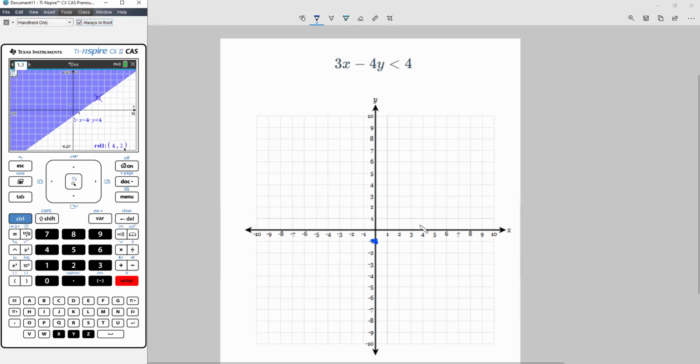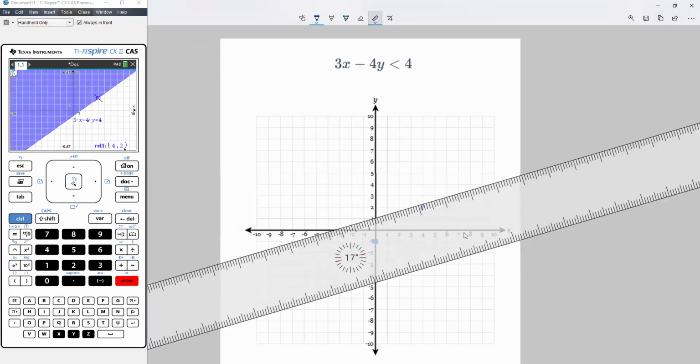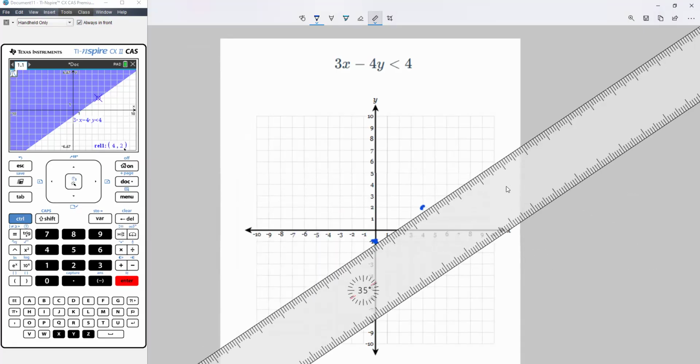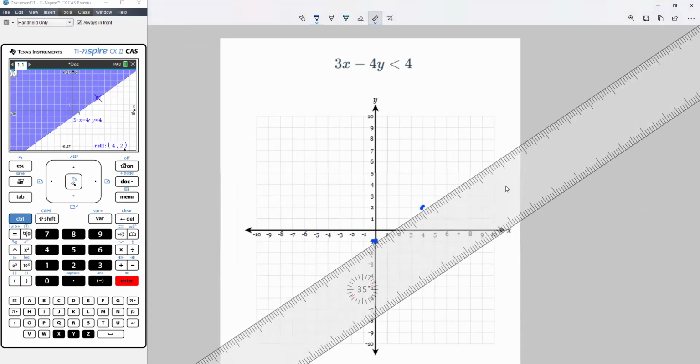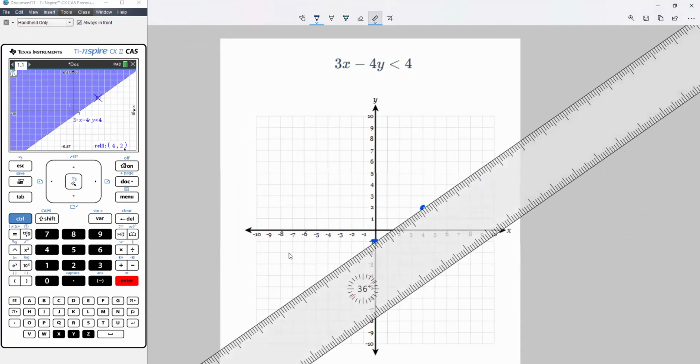So I'm going to go over 4, up 2. I'm going to put a point right here. Now, at this point, I have two points. So now I can use my ruler. Let me see if I can get this to turn a little more. I think that's good. Now, once you've got your 2 points in your ruler, the only thing you need to